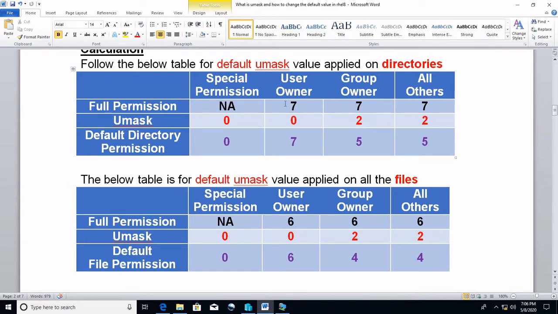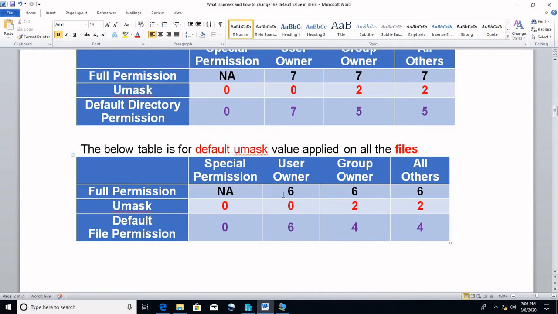Now we will deduct the default umask value, that is 022, from 777. The default umask value for any Linux system is 022. When you deduct, you get 755. That is the default permission for a folder.